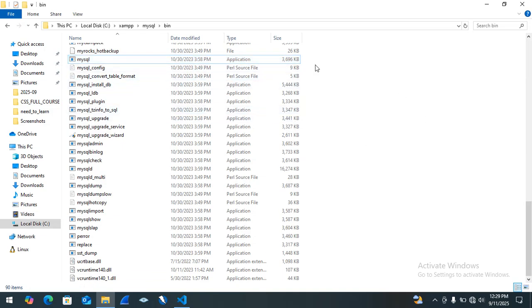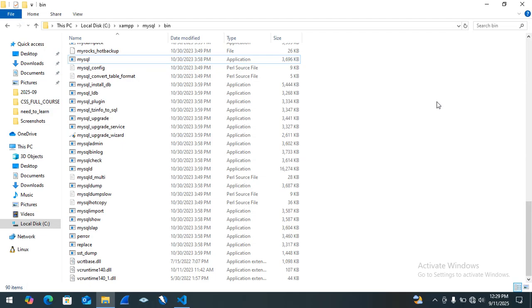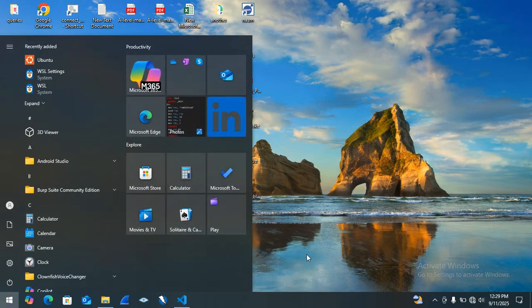So after locating it and confirming that it is there, just come here and copy the link. Okay, copy this link, copy this path. After copying that path, just close this one, just minimize that one, and then press the Windows button, and then